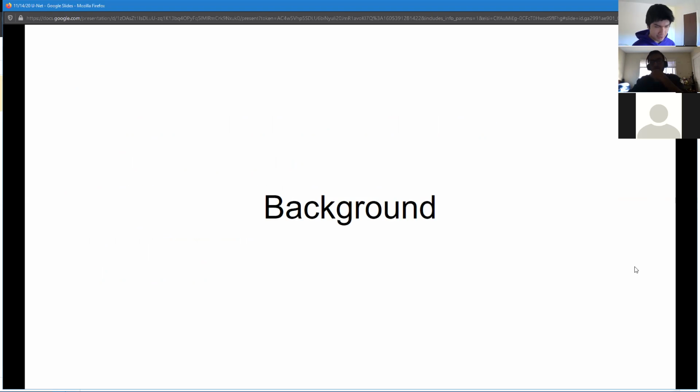So I'll go over a little bit of background, because this paper targets a research problem that I think requires a bit of background to know how we got there, so to speak. We'll briefly go over the previous solutions that they mentioned in the paper, explain how those work, and then build up motivation for this solution.